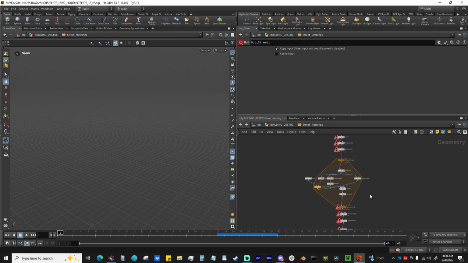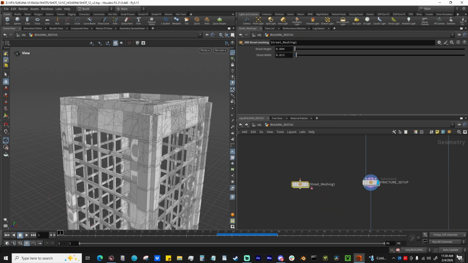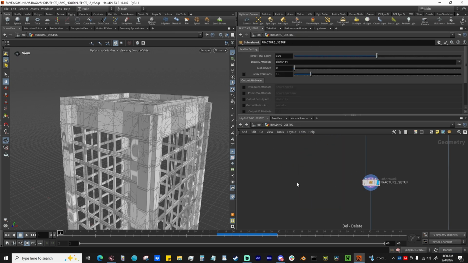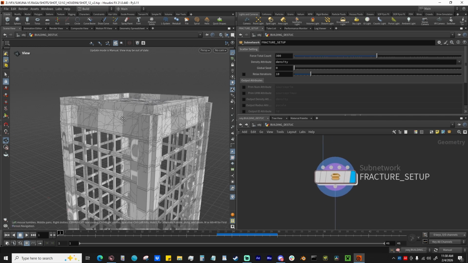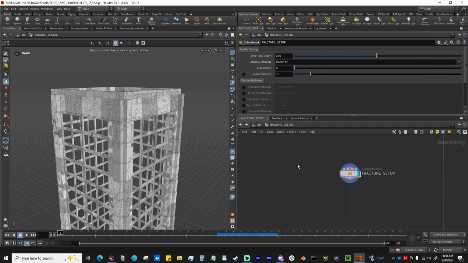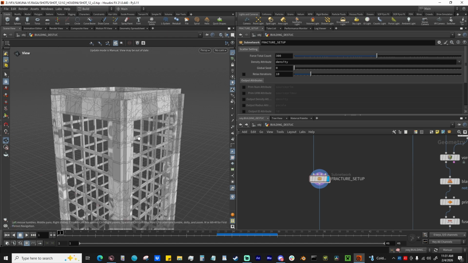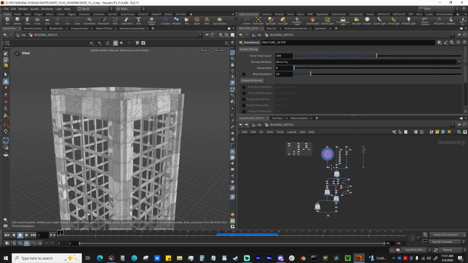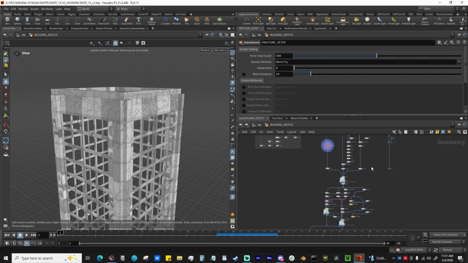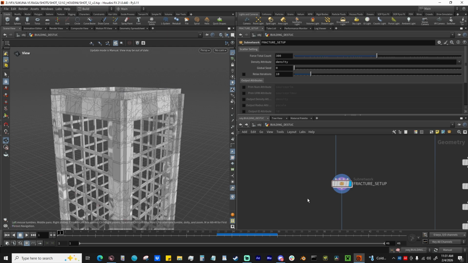And it just runs through this thing. What's really helpful about subnets is that you can save it as a little node. We can save it directly, or it could just be a local thing that's only for this scene to help organize and hide maybe a really messy node tree. But if you're using the setup a lot, it's really good, and you can create HDAs from it,